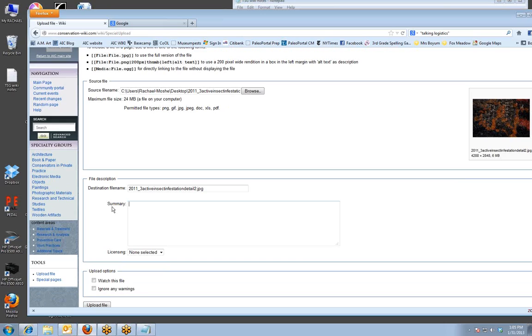But what really is important is to put something into the summary field. This is searchable across the wiki, and so it will allow people to find stuff. So if you want to acknowledge where the image came from, who took it, explain a little bit more about what's in the image. So, I'm going to say,